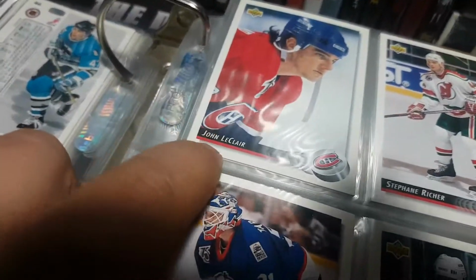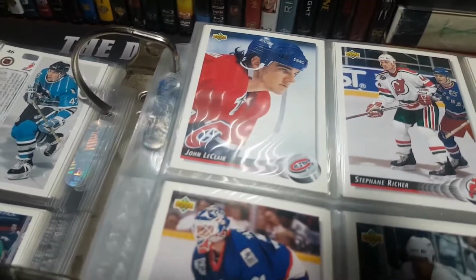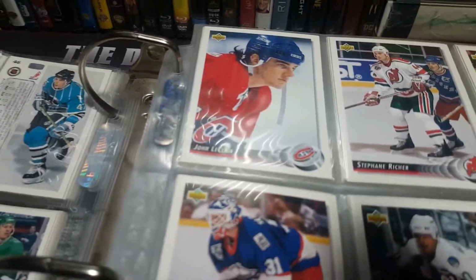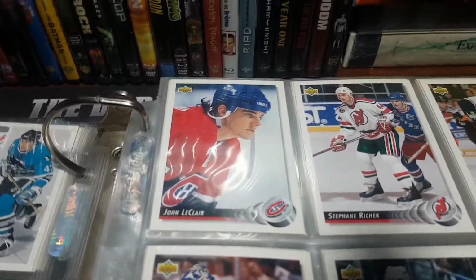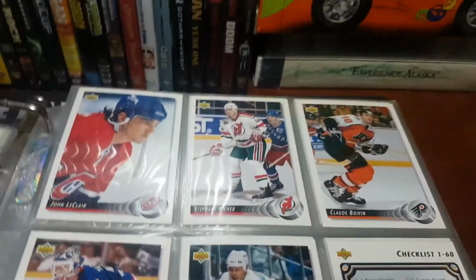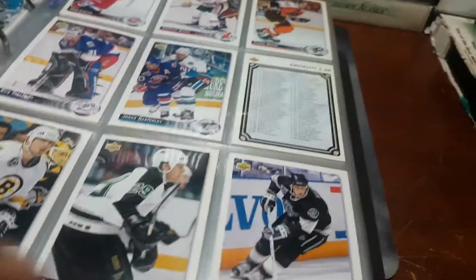Here we got John LeClair when he was still in Montreal, but then he would later on go to Philly and become part of one of the coolest lines in hockey during the 90s. He would join the likes of Mikael Renberg and a young punk rookie by the name of Eric Lindros and form the Legion of Doom. Then we got Stéphane Richer after he was done with Montreal when he went to New Jersey. Who else we got? Darryl Sydor,